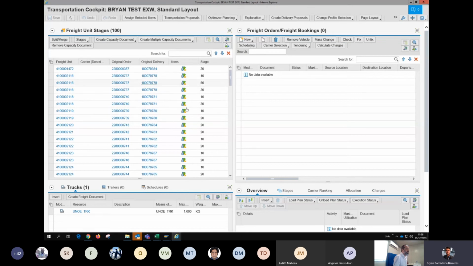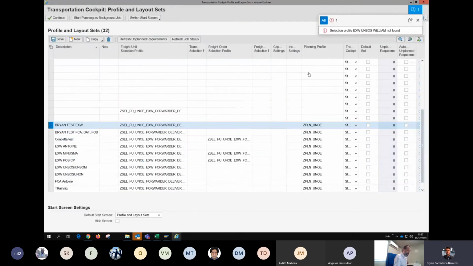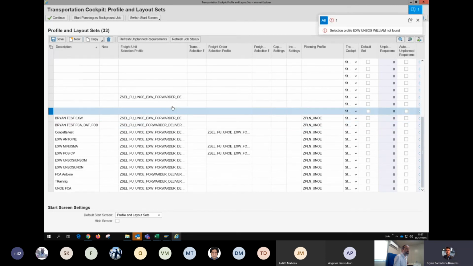Okay, I'm going to show you guys this a bit, but I want to go back to my profile selection. And I also want to explain how to set up this profile selection here first. Okay, so to set up your profile, you first click on New. And this is very important. Once the line is highlighted, you can add your description first,